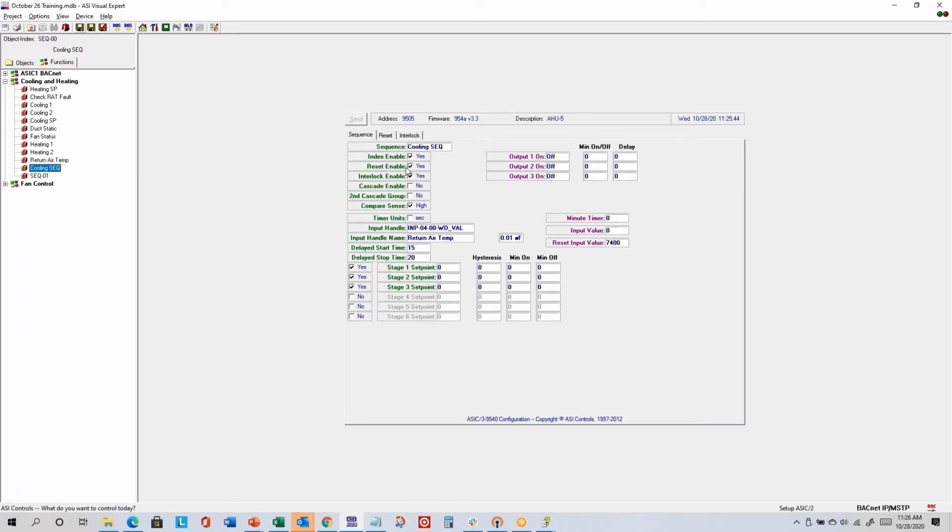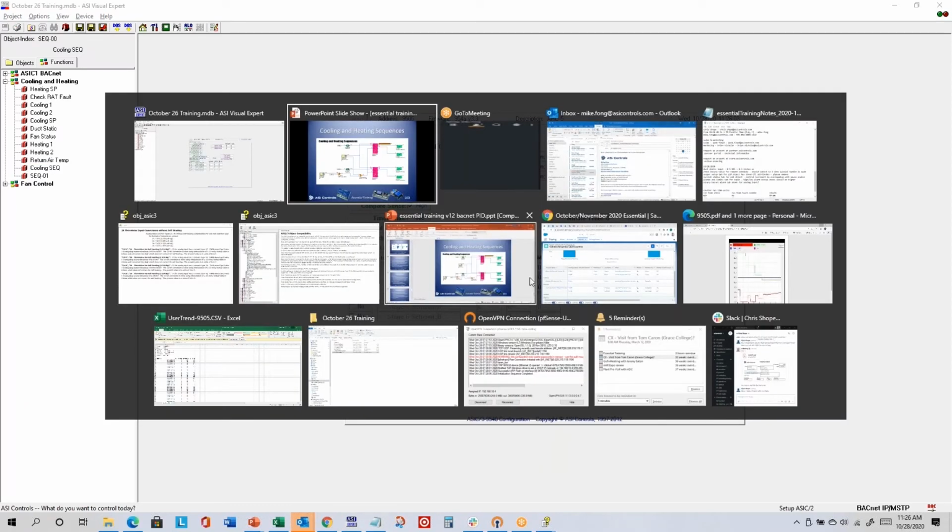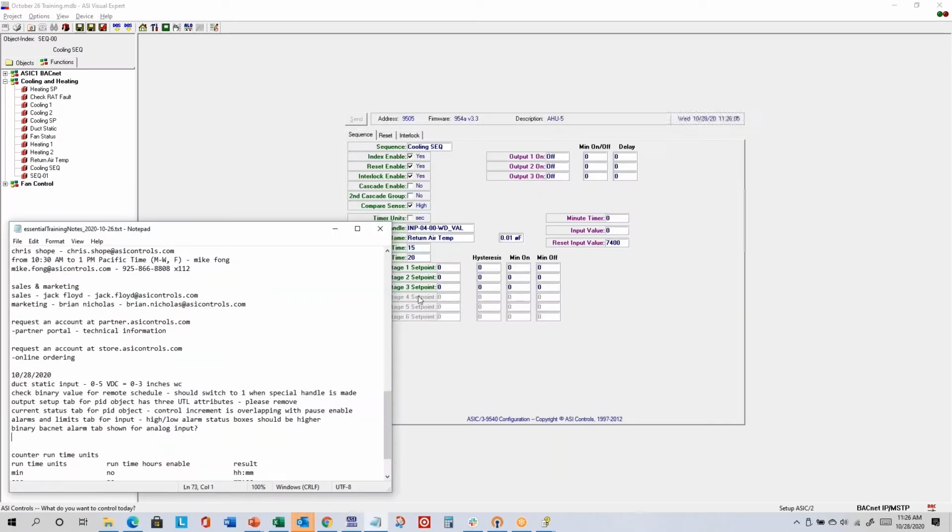Since we're using the reset handle, here's the reset input value. That's the number being read from the reset handle. And so the way the stage set points work with the reset handle is the active set point is the reset input value plus the stage set point. So you can think of that as